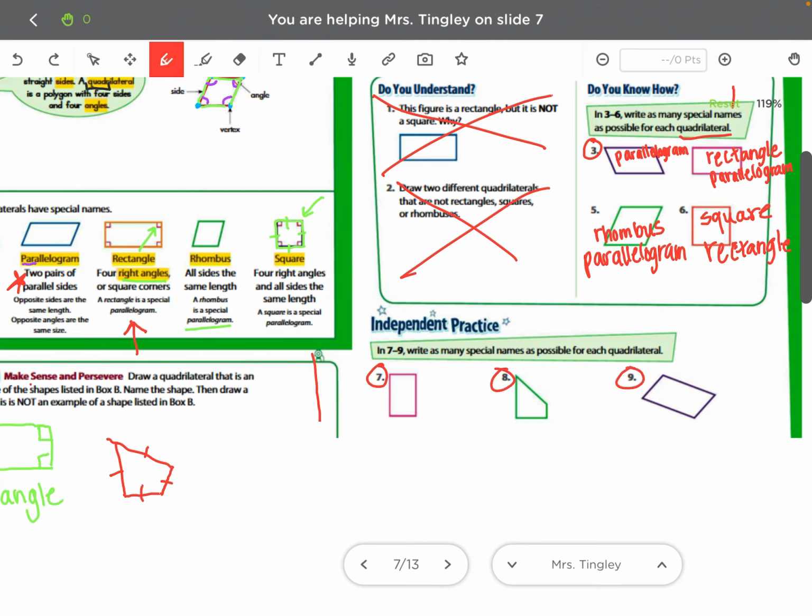For your assignment, you will complete 7, 8, and 9 on your own. Write as many special names of the quadrilateral as you can. Once you're finished with that,